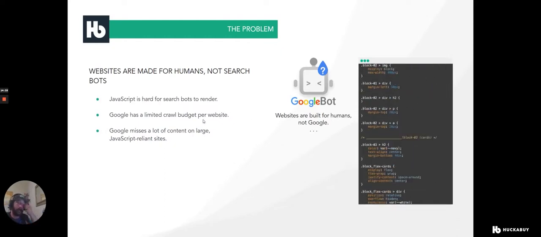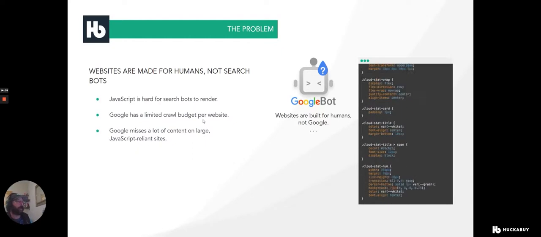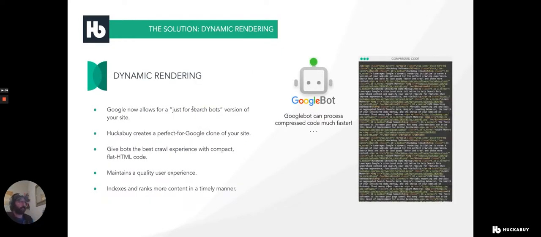So how does dynamic rendering work with Huckabuy? Well, let's take a look at that. Huckabuy creates a perfect-for-Google clone of your website. And when we say perfect for Google, it means flat HTML. We'll take that JavaScript, render it in HTML, and serve it to the Google bots as a cached layer. So anytime a bot comes into your website, it simply sees that dynamically rendered version with all this deep and rich content that they were never able to crawl before because